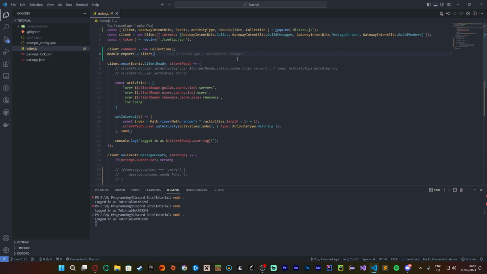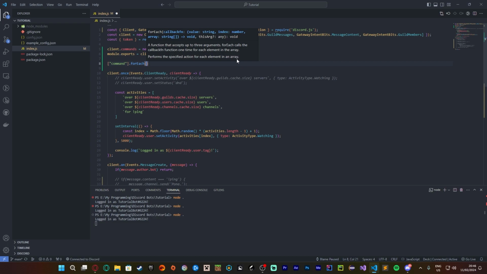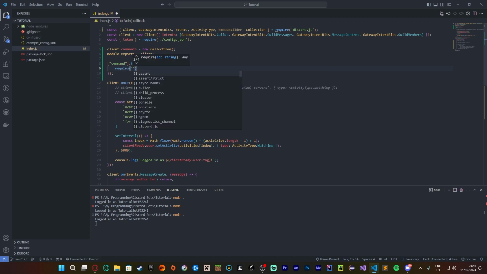The next thing we're going to do is, this is again a bit over-engineered, but it's also good because we can register our event handler the same way. We're going to open these square brackets, we're going to type command, and then we're going to do dot forEach, open normal brackets, handler, with an arrow function and curly braces, and then we're going to do require. We're going to use these backticks so we can insert our own variables. Dot slash. We're going to create this directory in a minute. Handlers